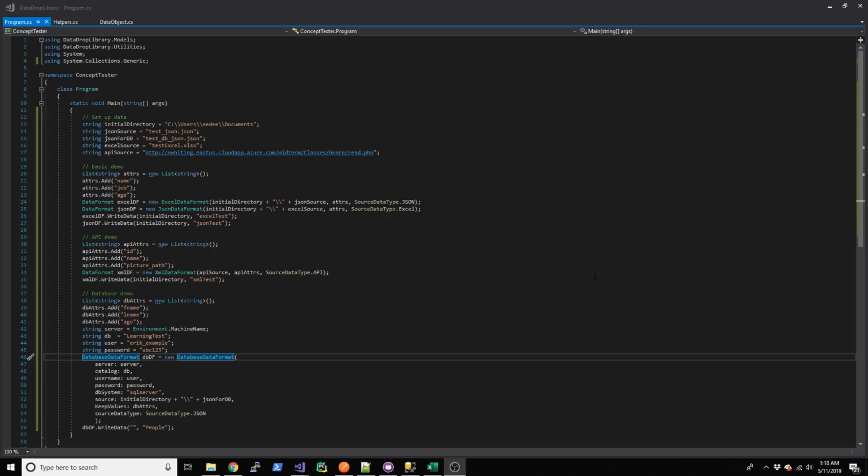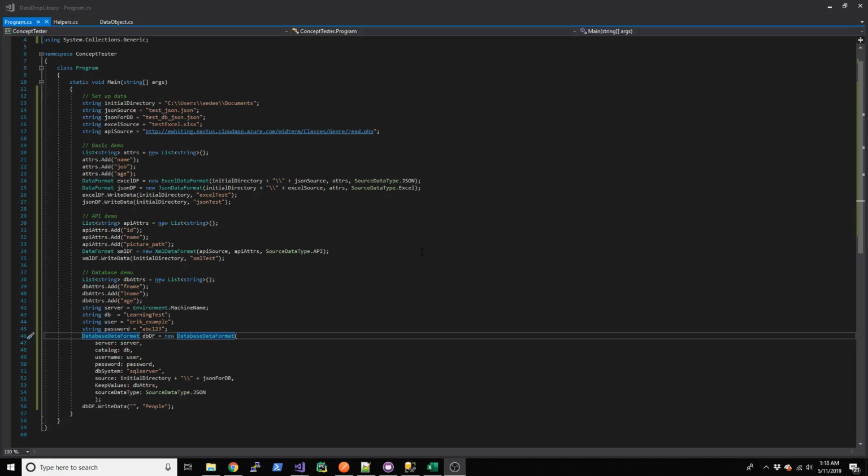So the final feature of DataDrop is creating a library that can be used in other programs, other projects, maybe even exported into a NuGet package or something like that. And that's what we have accomplished. So over here, this is a demonstration of how a programmer or a developer or whatever might use this project